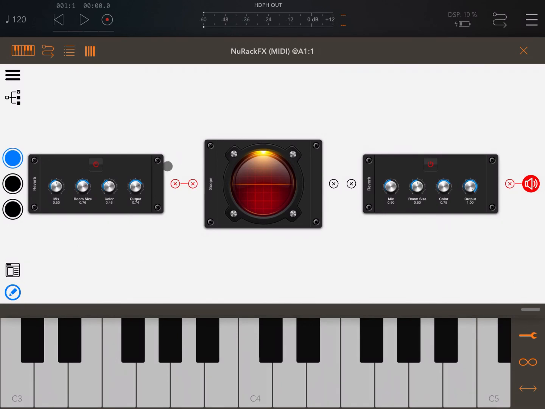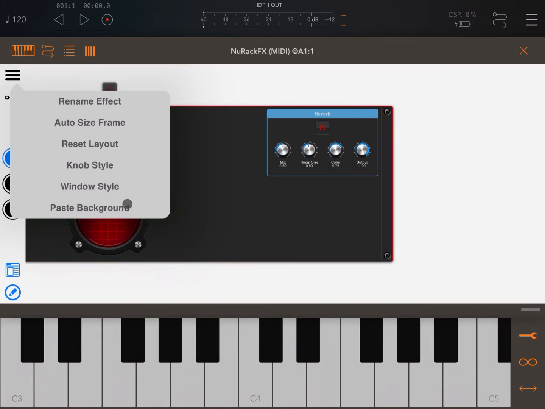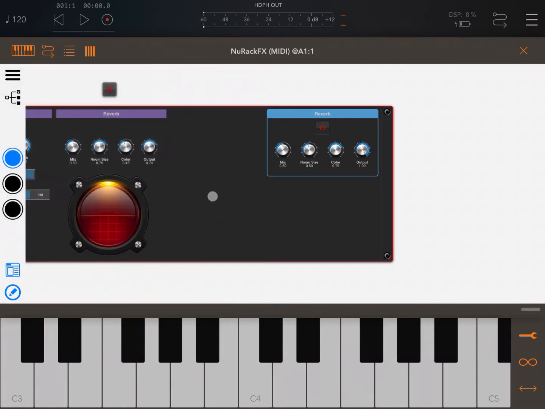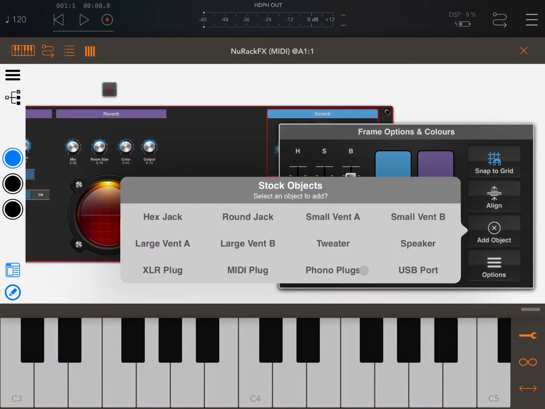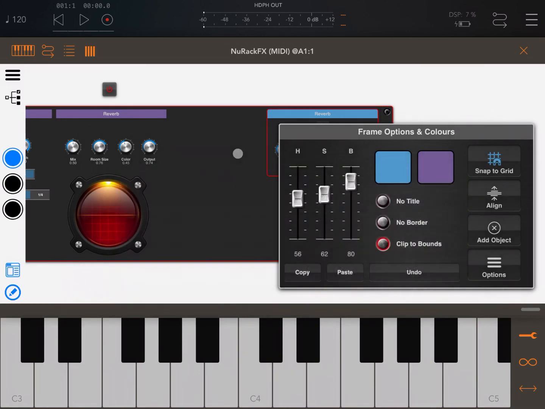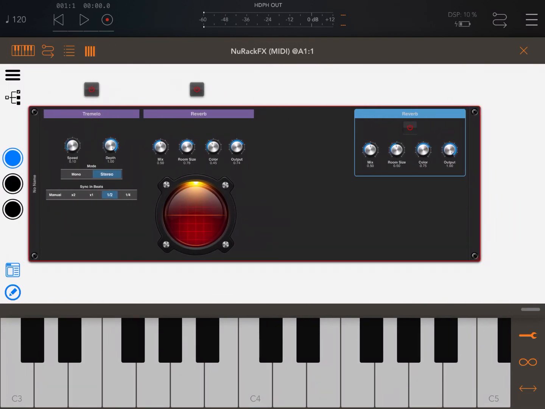You can even, for example, inside the interface builder, add the background from the menu. You can change the knob style, the window style, etc. You can even add, for example, controls. Like here, if you click add object, you can add text, paste your logo, or also add stock objects, like for example a tweeter, a jack, a vent, a USB port, etc. So very, very versatile. I'm sure you will enjoy creating your own rack with